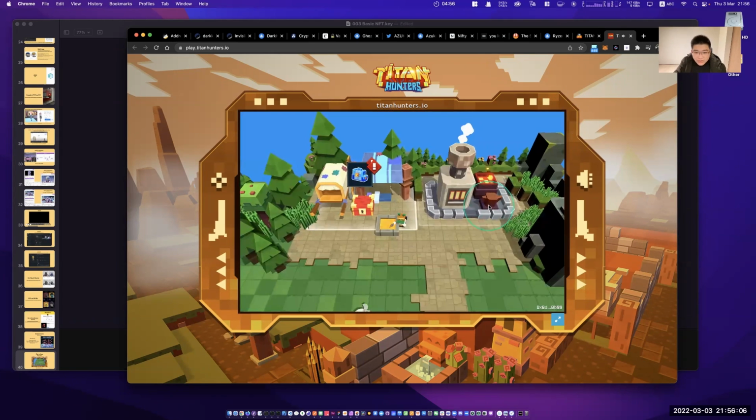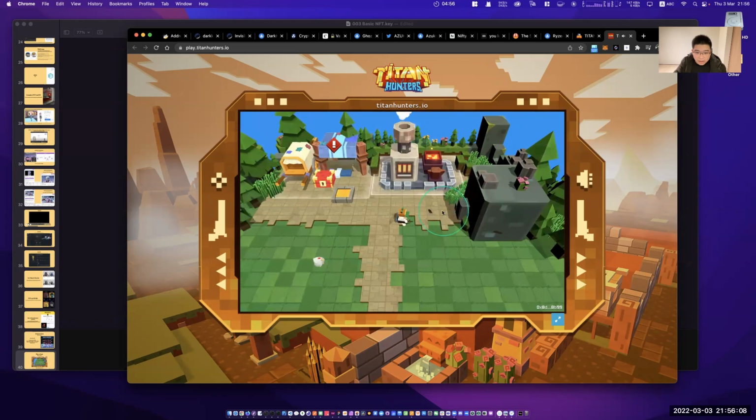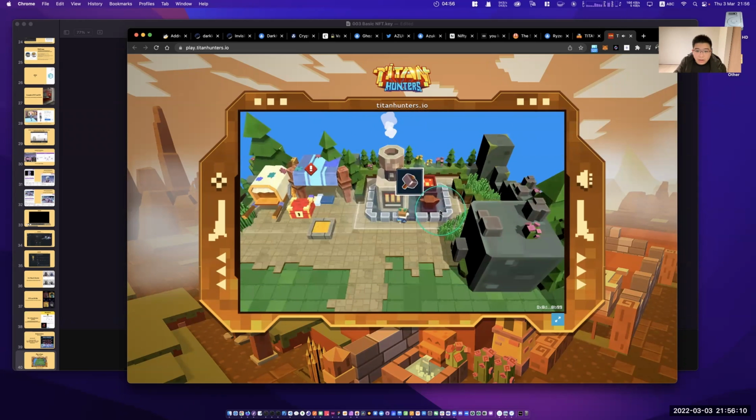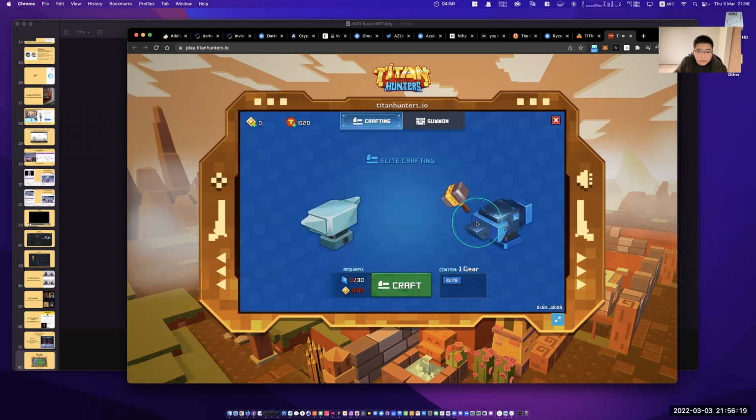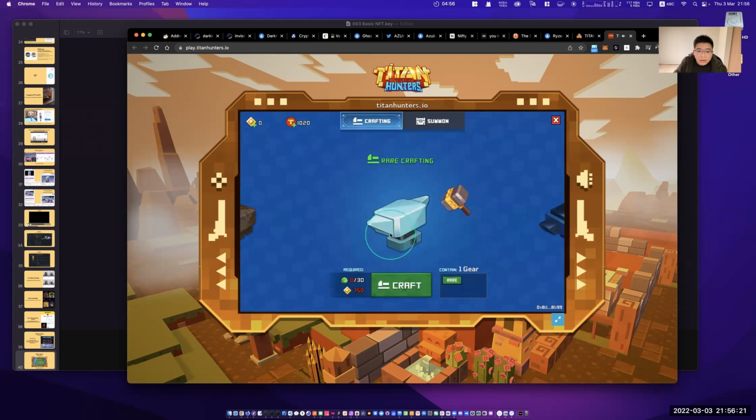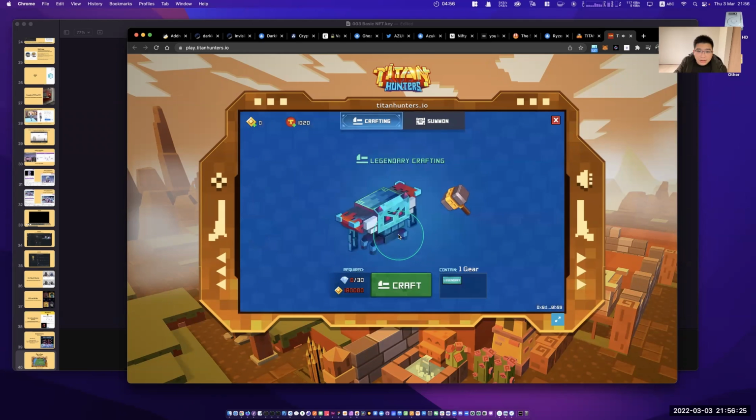I think we can mint a new NFT. I think they give it to us for free. Oh no, maybe not this one. Where is it?